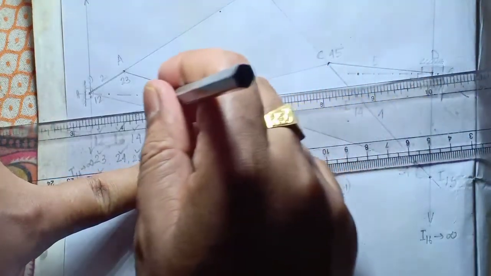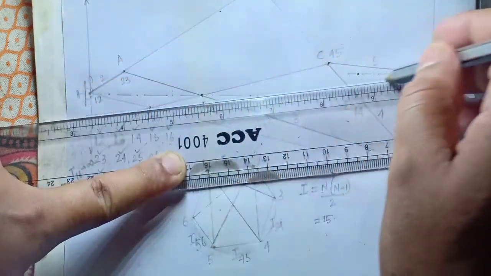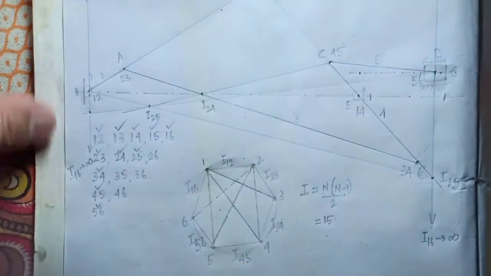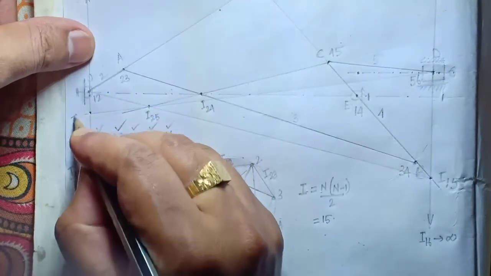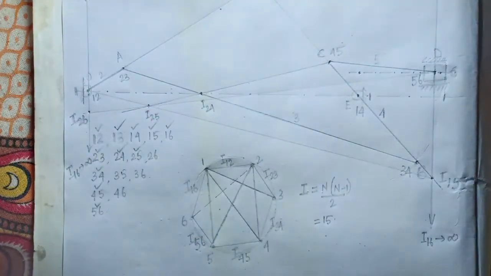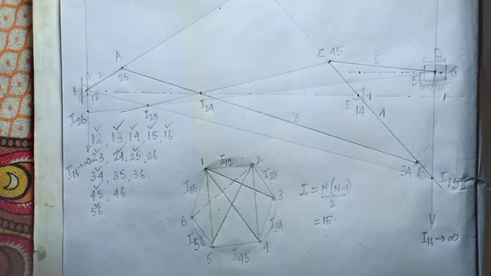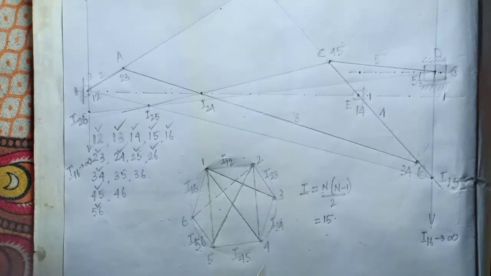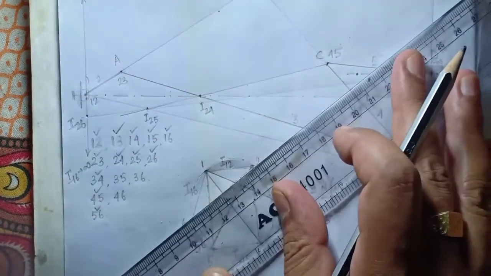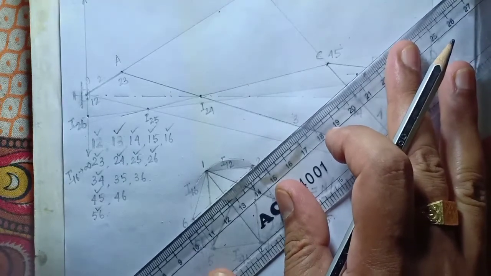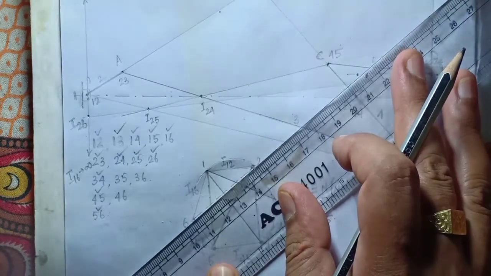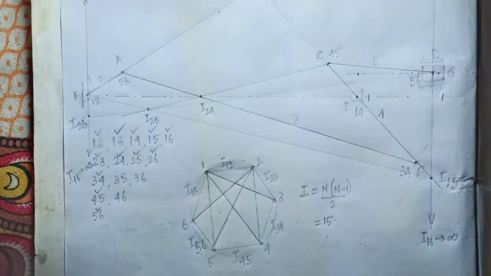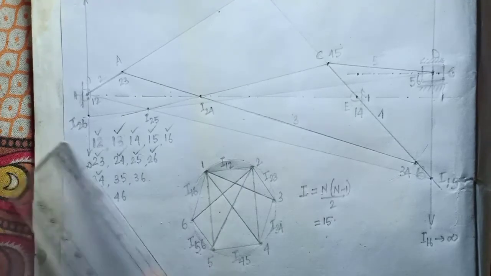So look, join these points, and this line is intersecting this line over here. Correct? So this point will be I26, correct? I26 is now known to us. After that we need to draw I35, because 35, 36 and 46 are the remaining unknown I centers we will have to draw. So 3, 5. Similarly, join 3 to 5.